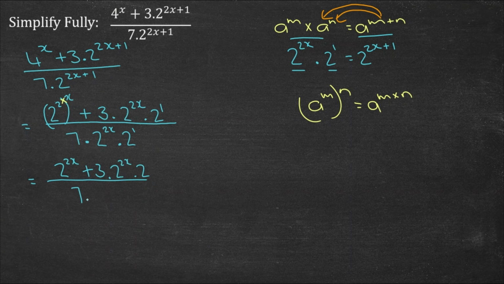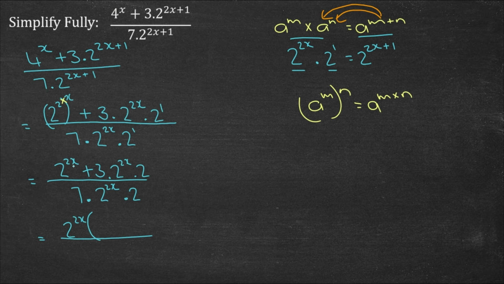And then in the denominator we have 7 times 2 to the 2x multiplied by 2. You do not have to write this 1 in the exponent's place because it is understood to be 1 if there is nothing there. Notice that we have a 2 to the power of 2x in this term, and in the denominator. But I cannot cancel yet. And why is that? Yes, because we still have this plus sign in the numerator. So I still have to get rid of it. And how are we going to do that? Yes, I'm going to take out this 2 to the power of 2x as a common factor. So I'm going to write 2 to the power of 2x and the brackets.